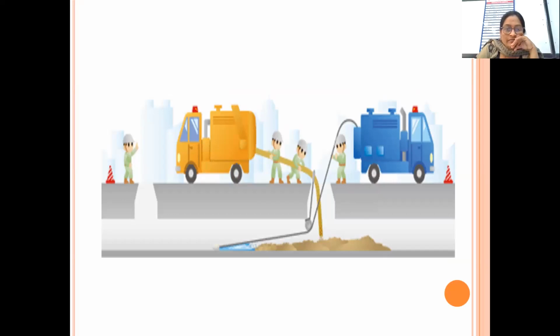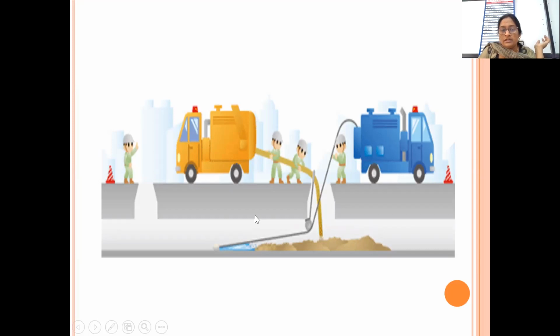So here you can see two different types. One is pressurizing the water, and another is a tool provided for scraping. The water is flowed from this direction, and they are sucking that material, instead of forwarding it, where it may go further and block the further part also. So instead of that, it can be picked up over here. A suction pipe is provided, and they are sucking and collecting that entire waste in this vehicle.